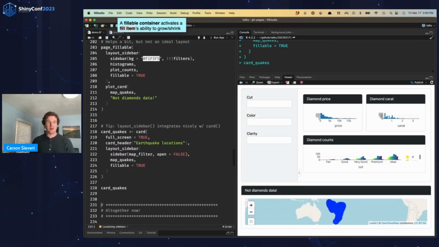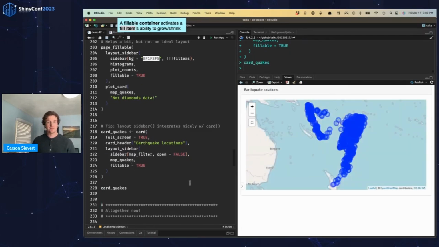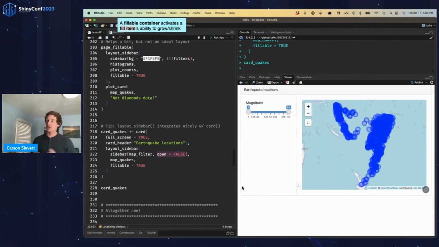And now if I print this out and preview it, I've also specified that I don't want the sidebar to be open by default. So it's going to be closed, but I can go to the lower left-hand corner and toggle the sidebar open. And now I have a filter that's specific to this map, all wrapped into a card that I could plop into a larger page.